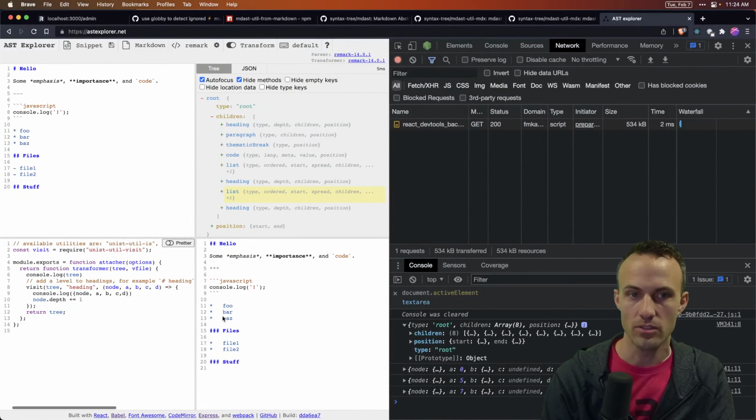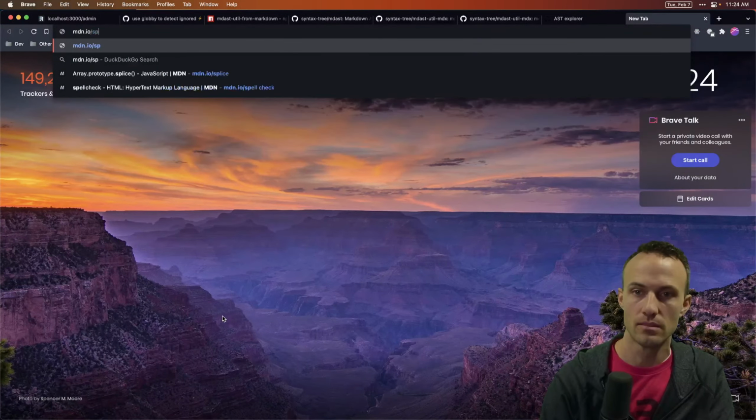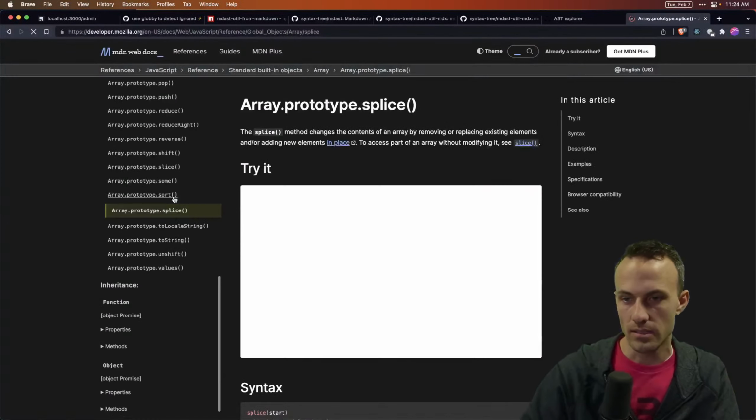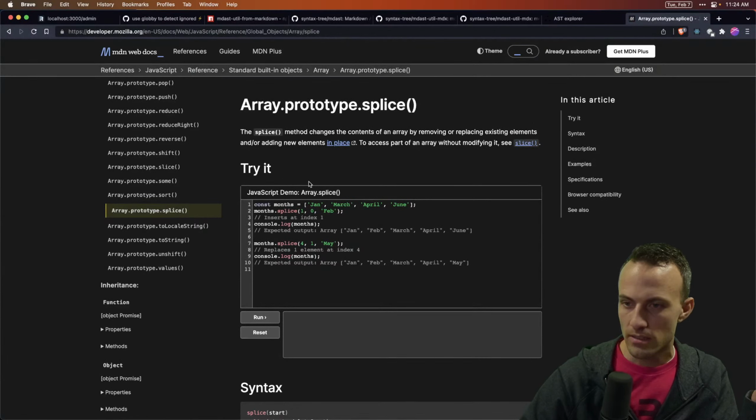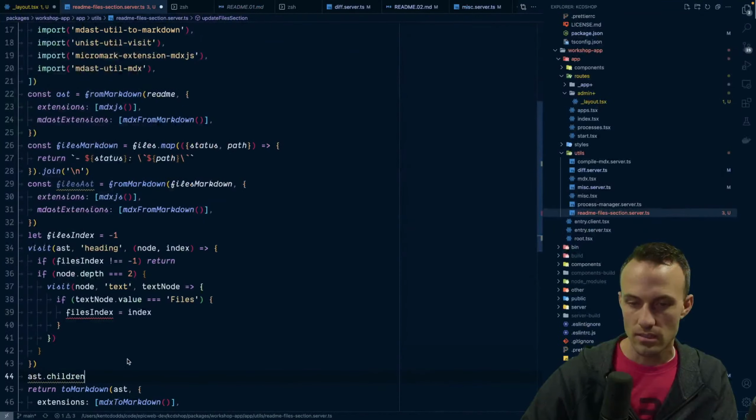And then I think we're going to use splice. I just can never remember the API. So inserts at index 1. The second argument I think is how many removed. Replaces one element at index 4. So we want to replace 0 elements unless,